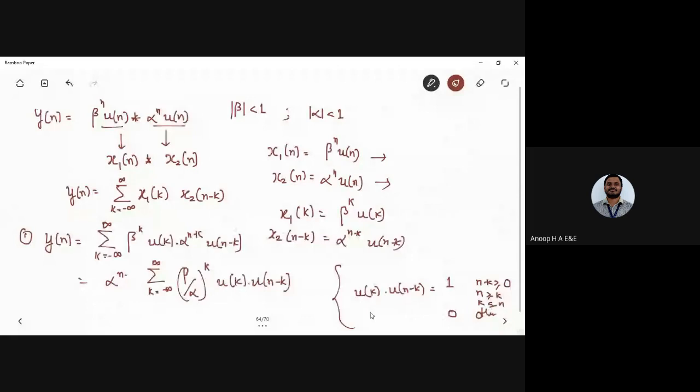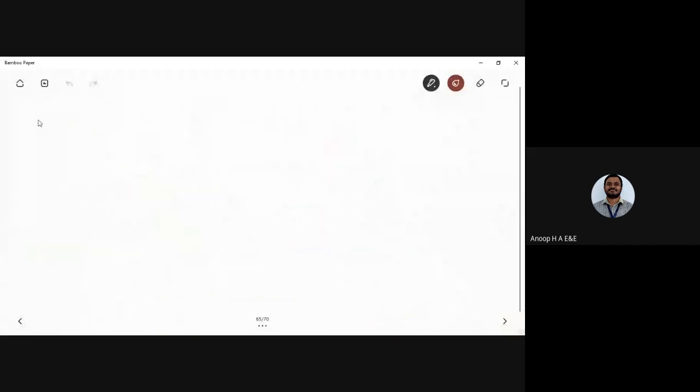So this is the way in which I need to write it as a 1 and 0 with the given relevant equations which are mentioned here. So this value will be equal to 0 for n less than 0. For n less than 0, y of n is said to be equal to 0. Now, for n greater than or equal to 0, I can have y of n which would be ranging